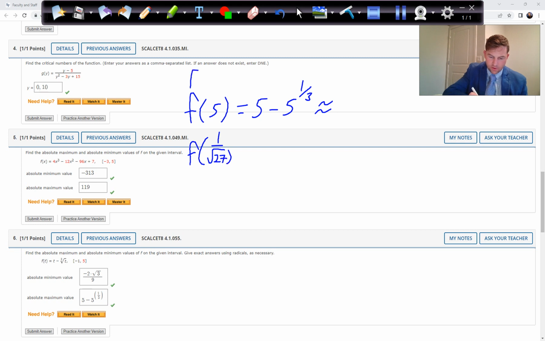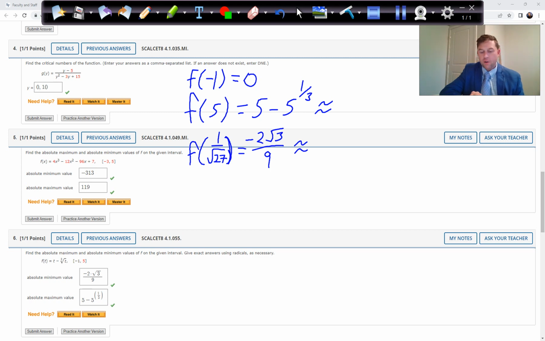So let's see, our first one we tried was -1, and we got 0. And f of 1 over 27 was negative 2 root 3 over 9. But I don't know what's bigger, 5 minus 5 to the 1/3 power, or minus 2 root 3 over 9, or 0. So it helps to come up with a decimal equivalent, even though that's not the answer you're going